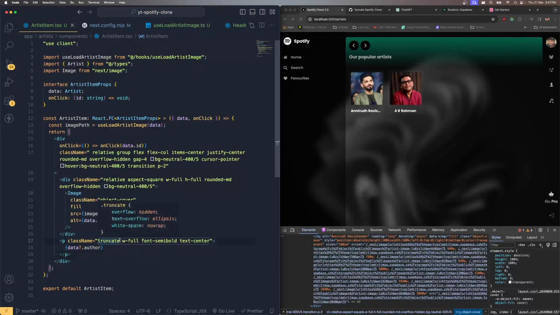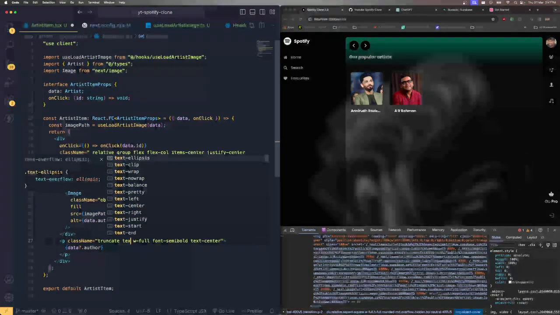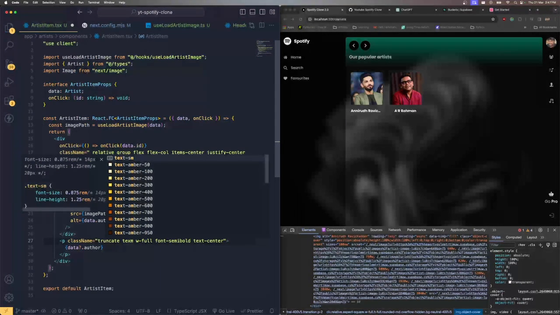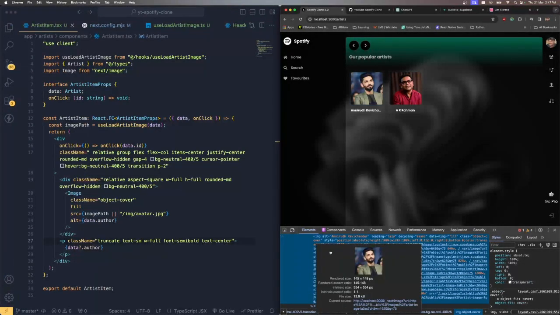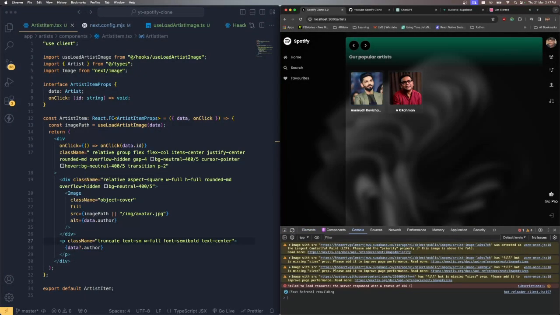And then I'm just going to say text size. It's going to be medium. Save these changes. Okay. Now the name is in the center. If it is a too big name, you can see it's automatically truncating the names and everything. So now, okay, so if I